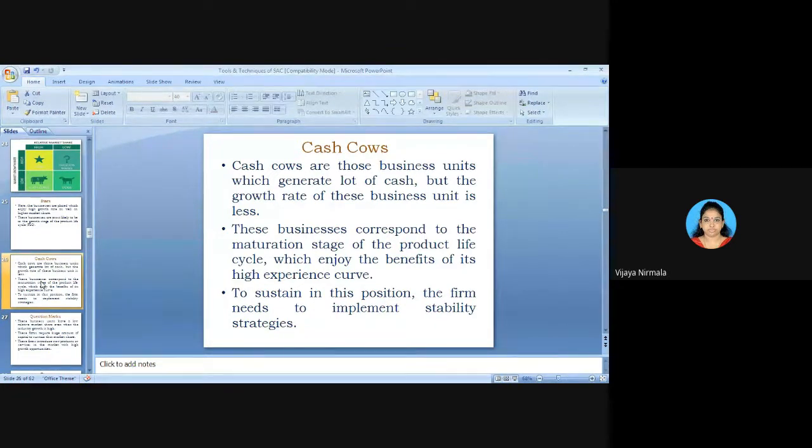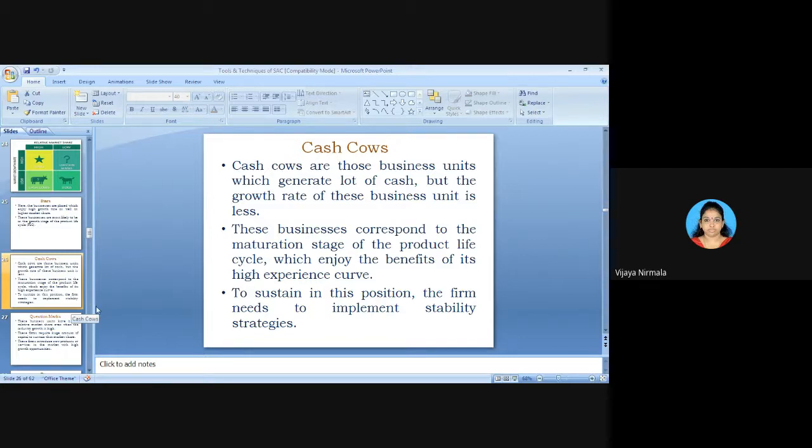Okay, so the best example, the scooters for Bajaj Auto. In the olden days, we had Bajaj scooters. Bajaj Auto scooters, or the toothpaste for Colgate. Colgate is a powder, right? From childhood, your grandparents and everybody have been using Colgate as a paste or a powder. Colgate tooth powder. But the toothpaste that they use is very less. So that is called cash cows.